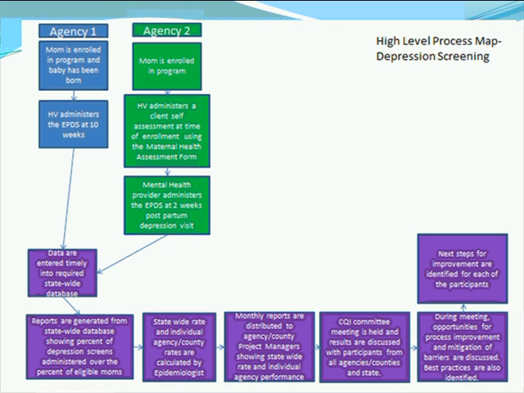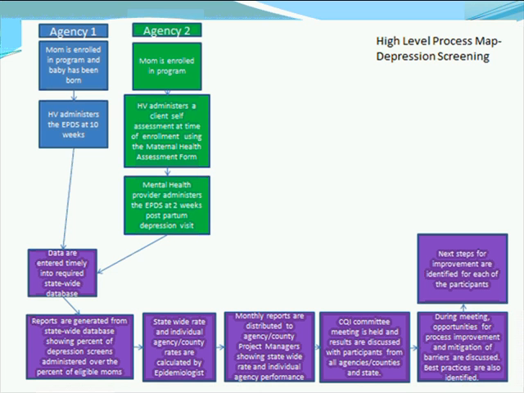Accurate and timely data entry into the statewide database is a very similar process that comes in at the first purple box over on the left towards the bottom of the screen. And then smaller scale interventions may be required for the specific site results. So at that point, we would drill down into specific areas of the process to understand what happens. But again, in this example, we've just used PowerPoint to illustrate two different agencies and how that data is entered